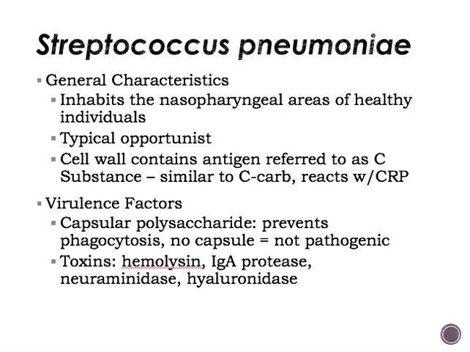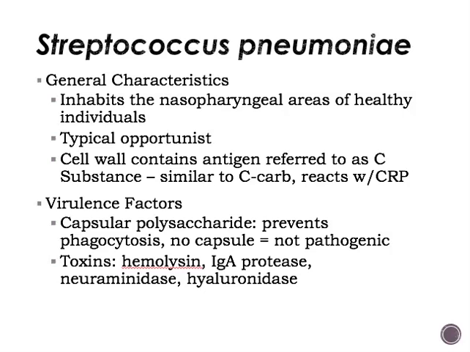Some of the general characteristics of Streptococcus pneumoniae: it inhabits the nasopharyngeal areas of healthy individuals, so it's a typical opportunist. Because it can already reside in our bodies as normal flora, it's also got that capability of becoming an opportunistic pathogen. The cell wall contains an antigen referred to as C substance. So this is similar to the C carbohydrate that we use in the Lancefield classification scheme. It can react with a protein called CRP, or C-reactive protein, in the blood to form a precipitate